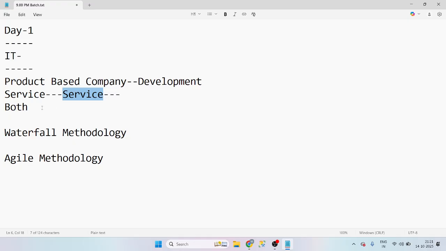But coming to both, they do development and service. Okay, in development and service, we do both. These are top-notch companies, like MNCs. We can say like TCS, Wipro. These companies will definitely give both. Manoj, I have seen my company is not an MNC, but my company is giving both. Yes, we can see some such companies, but we can't get huge projects for them.